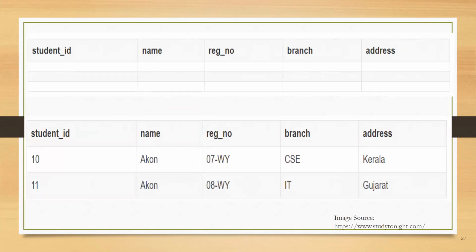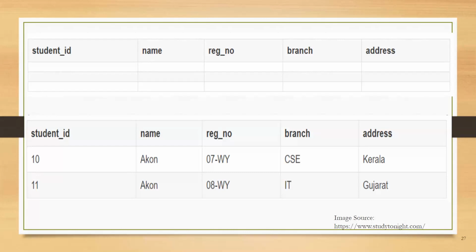So here in this second normal form, as we know, these two conditions have to be satisfied. First, understand what we mean by dependency. Let us take an example of a student table with the columns student ID, name, registration number, branch and address. In this table, student ID is a primary key and will uniquely identify every record in the table. Hence, we can use student ID to fetch any row of data from this table.